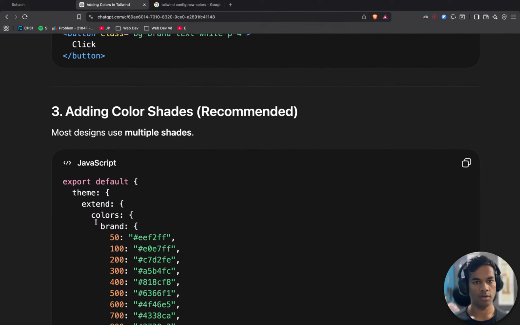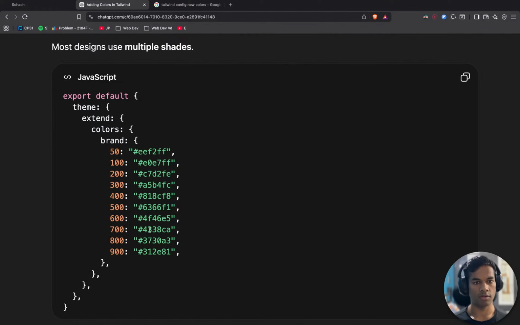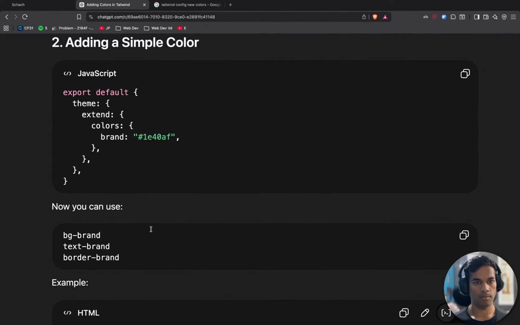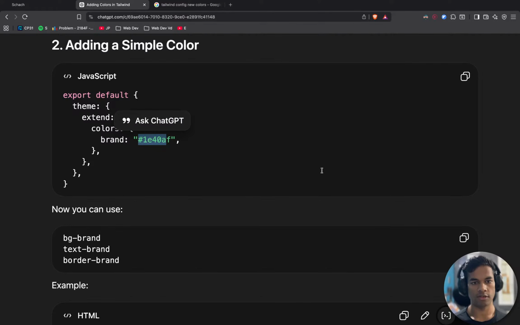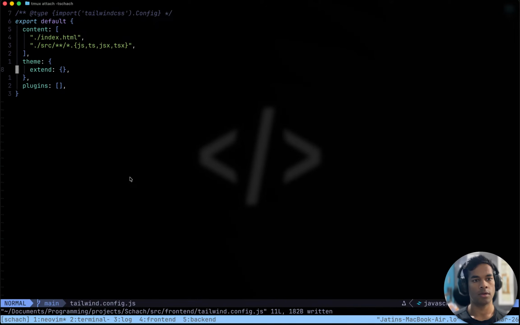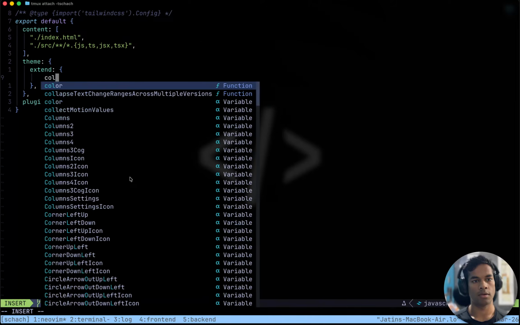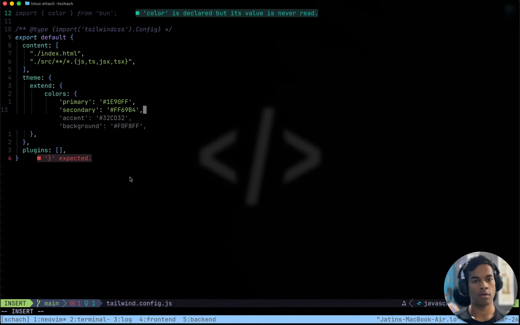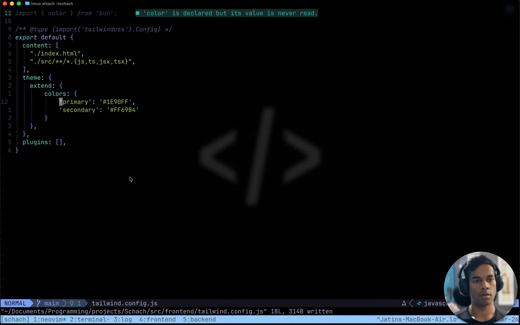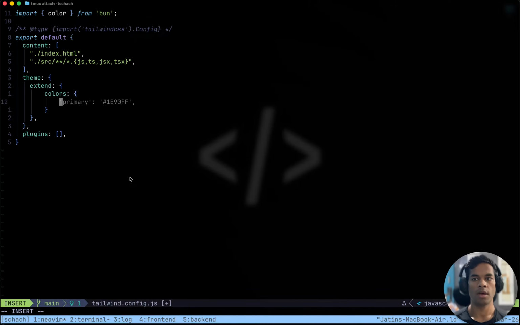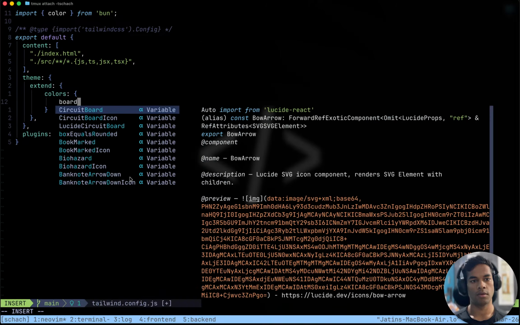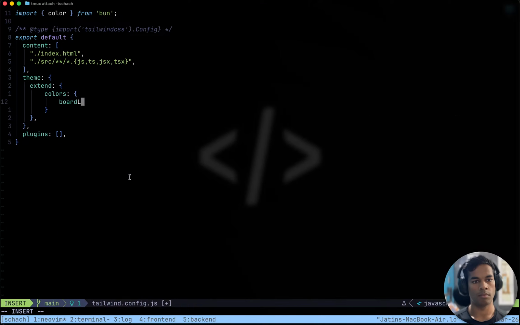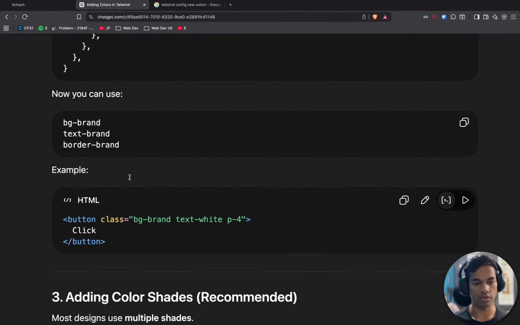Okay, adding color shades, brand equal to some string. Okay, cool. Extend color and not these two. Board light, and the value is a CSS variable.